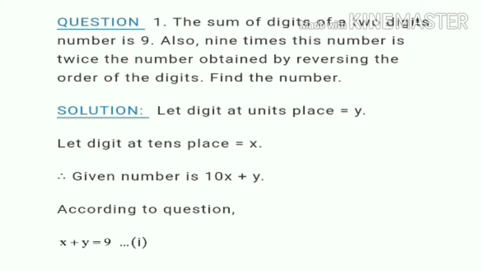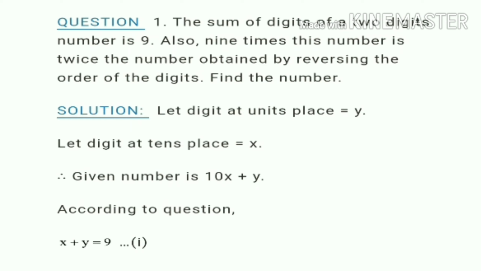And we know very well how we will find the number: tens digit is multiplied by 10 and plus the unit digit. Suppose 23 is the number, so the unit place is 3 and the tens place is 2. If I am asking you to find the number, what we will do is 10 into 2 plus 3, after that 23 will come. Because it is the tens place, we need to multiply by 10. The same thing here: first we let the unit place and tens place, then the number is 10x plus y.